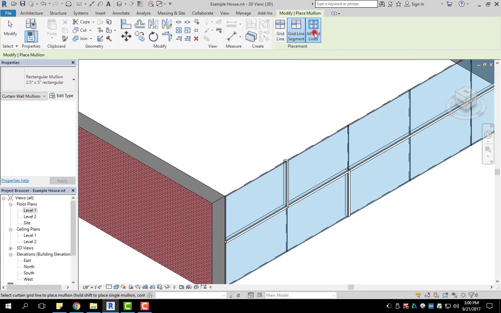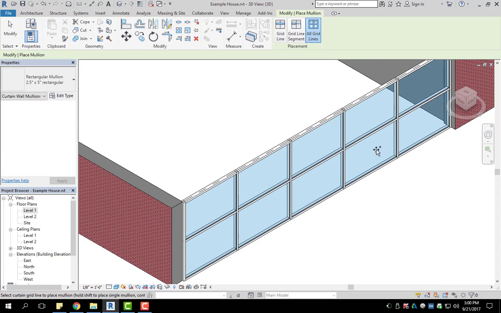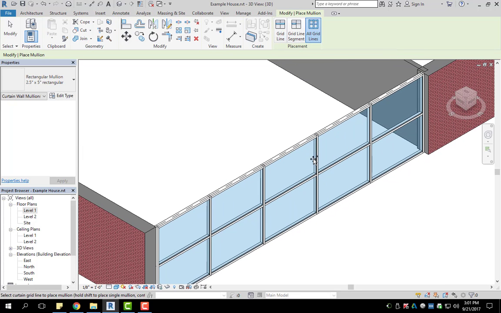And then all grid lines, if you select any of your grid, it is going to place mullions on the entire thing. So of course here you have your modify if you need to do any type of adjusting. We're going to go through the modify in another video, but these are the main 3 that you need to know in order to create a functioning